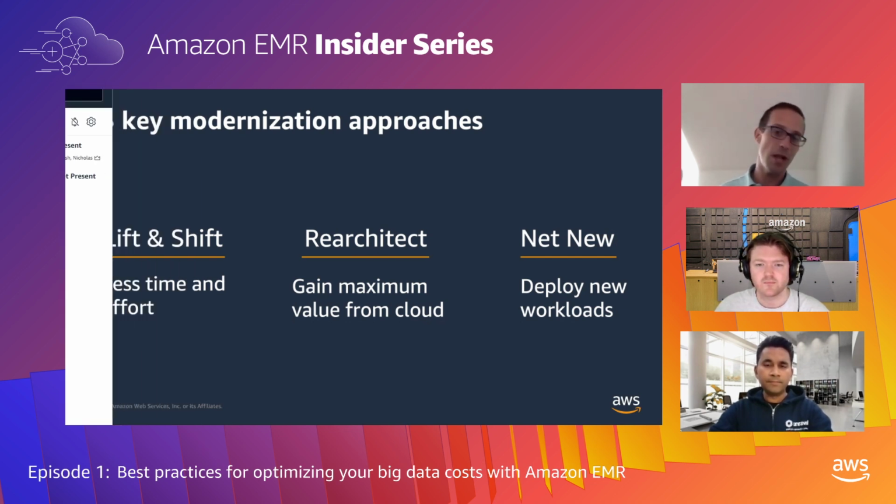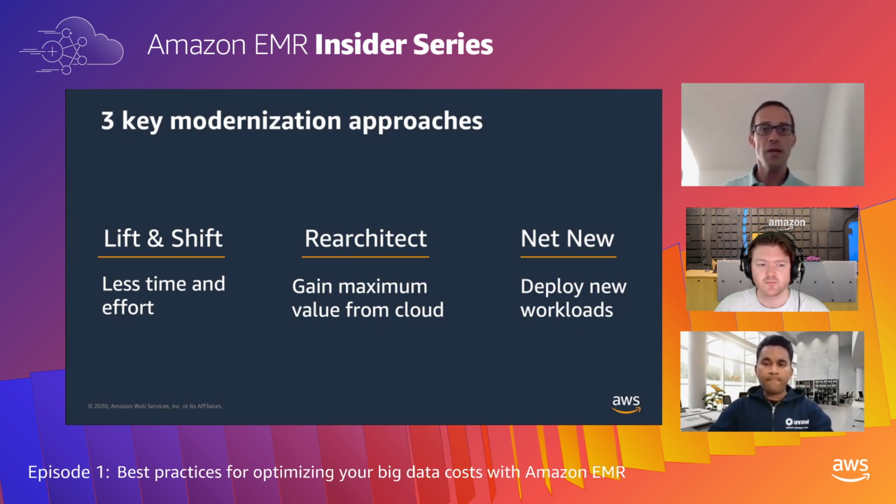And then the last approach, I call this net new, but it's really about saying, okay, I'm going to leave what I have on-prem right now. I'm not in a particular rush, but I'm going to try EMR out. I'm going to take a brand new workload. Maybe it's some marketing analysis, or some financial calculations I need to do, or even machine learning training. I can just launch that on EMR as a net new workload, move my data over, and then over time, I can add more and more workloads. So those are the three key migration approaches that our customers follow.